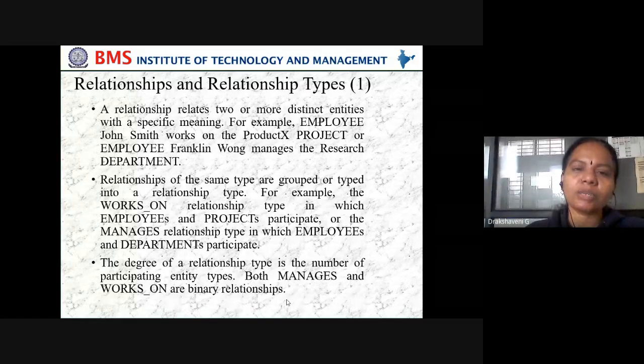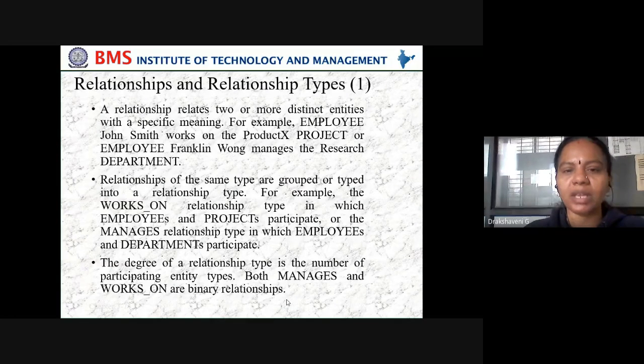Then the relationship and relationship type. A relationship relates two or more distinct entities with a specific meaning. For example, employee John Smith works on project Product X, or employee Franklin Wong manages the Research department. Relationships of the same type are grouped into a relationship type.